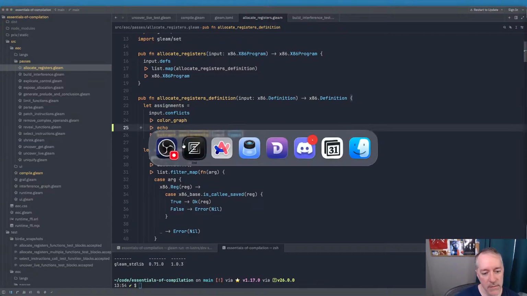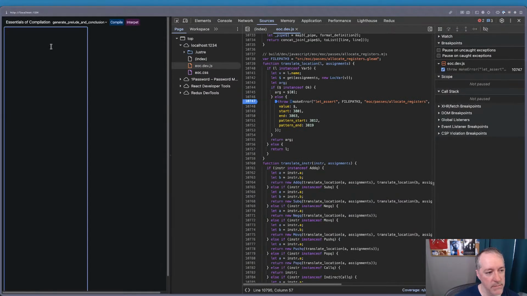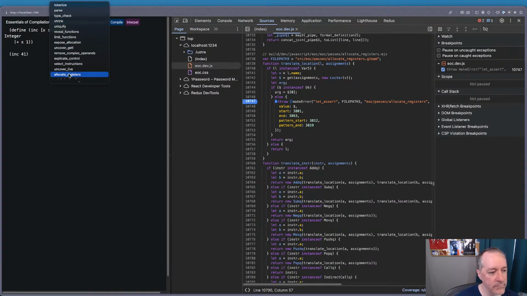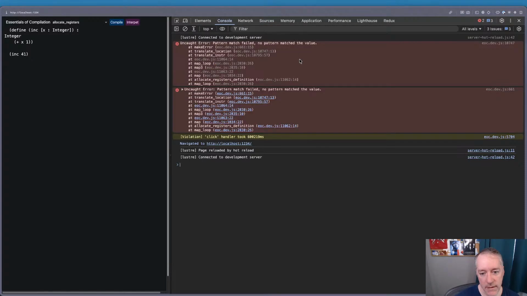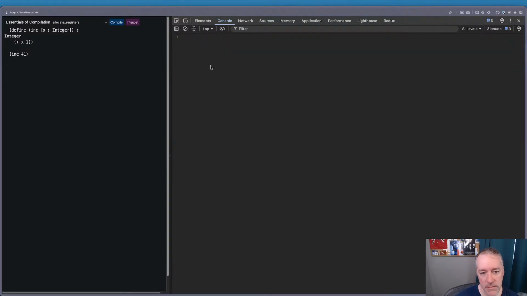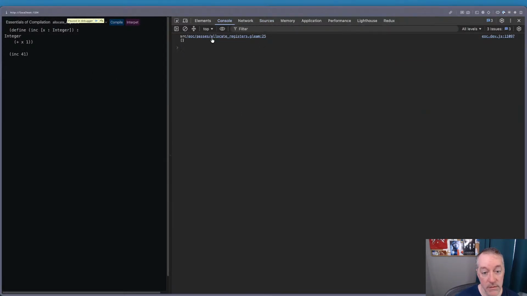So we're going to echo that. And here we're going to resume. I still have the program. Okay. So I want to see what comes out of that coloring. And I don't know that it's going to be legible here, but okay. So let's look at the console. Right, so it came out with an empty coloring, which means